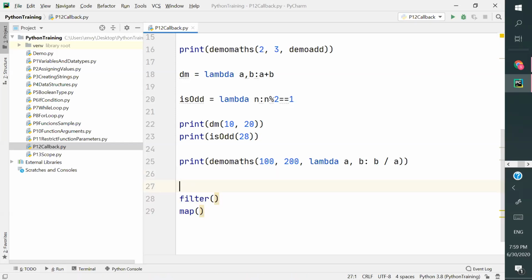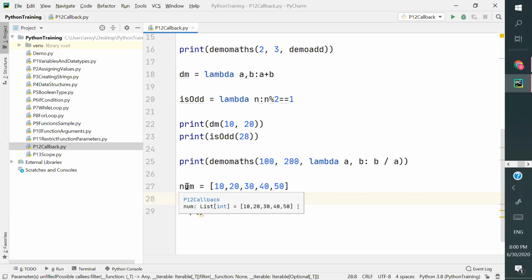You have an array, something like numbers is equal to 10, 20, 30, 40, 50. I want to filter all the values that are greater than 40 and print those values. In such a case, I'm going to use the filter function. Generally, the logic is to create a loop, and in that loop, if the number is greater than 30, store or print that number. That kind of logic you are going to create.